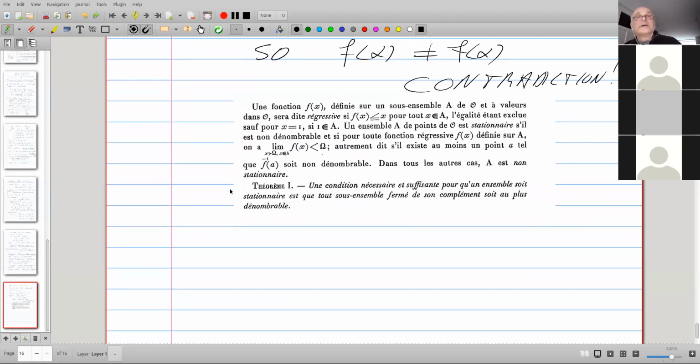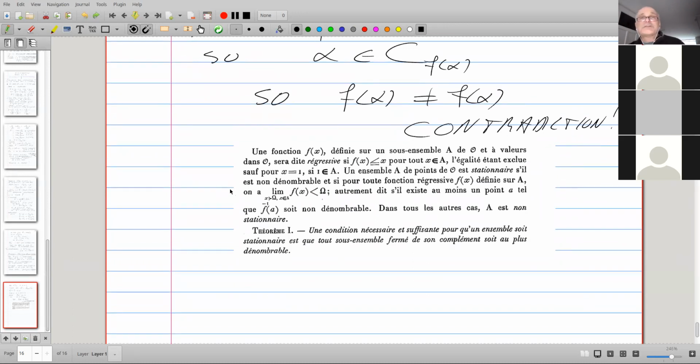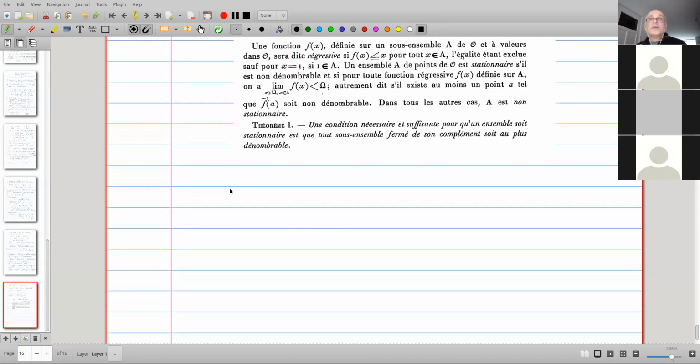Here is where you find the definition of the term stationary. And the term stationary actually means, basically, it satisfies this pressing down lemma. Every regressive function is constant on a large set. But the thing that I want to finish with, because it's useful in the homework, is this.